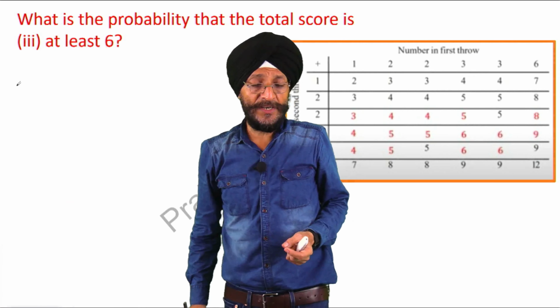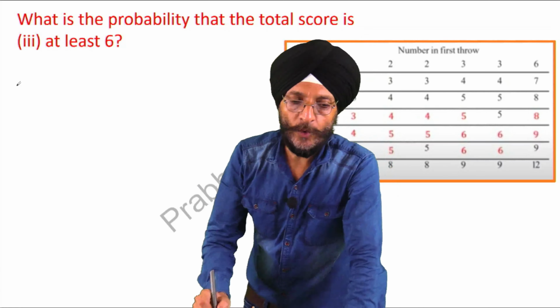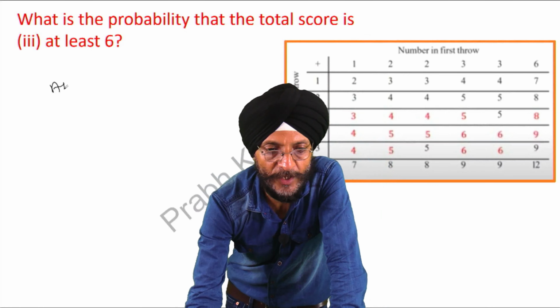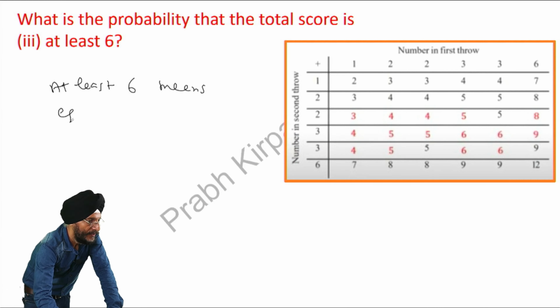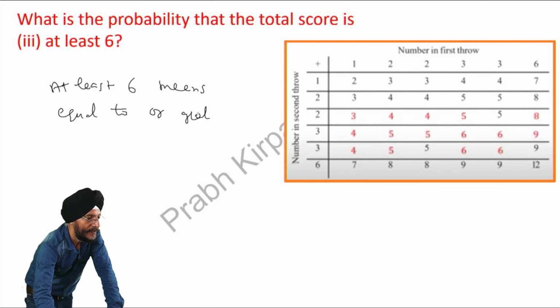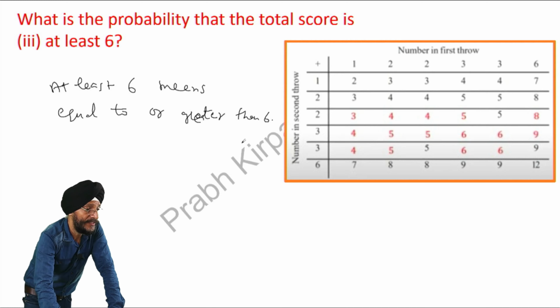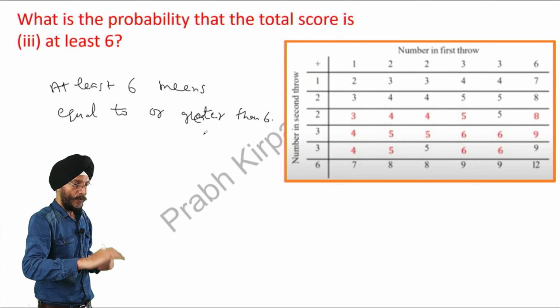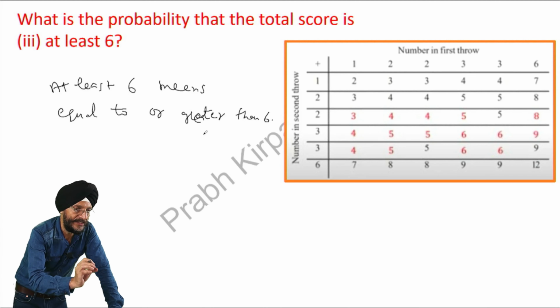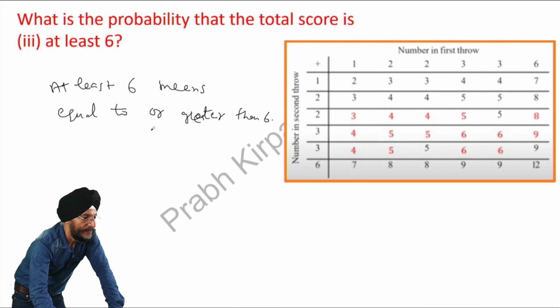Now, what is the probability that the total score is at least 6? What is the meaning of at least 6? At least 6 means equal to or greater than 6. That the total score must be 6 or more than 6. At least 6. Equal to 6 or more than 6. So here the probability